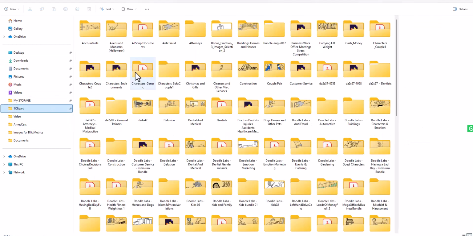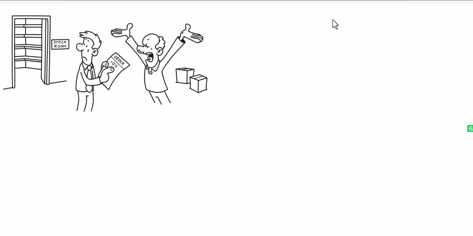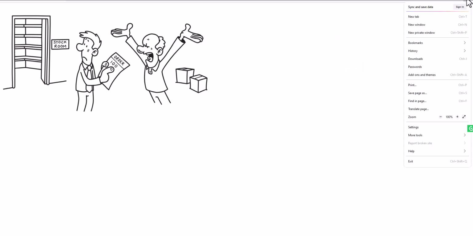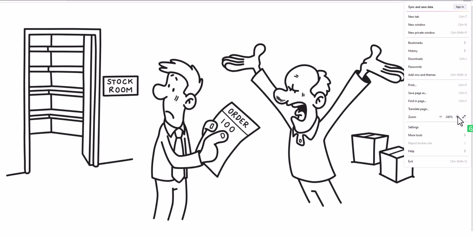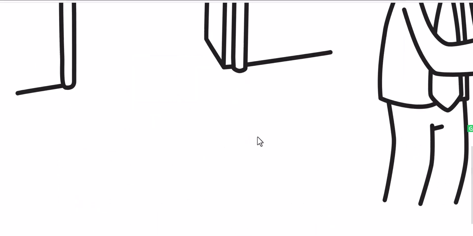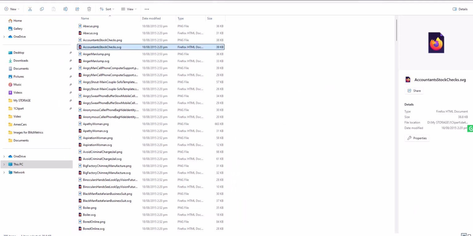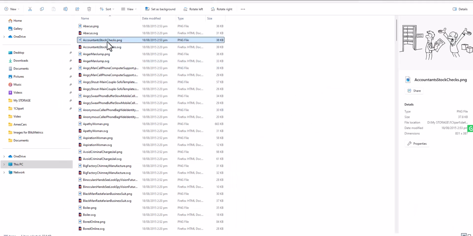For example, I have lots and lots of SVG images here. This is an accountant. And what are we going to do? We are going to zoom it in, and you will see it's now 500%, but there's no difference in the fineness or the clarity of these lines. But if we take a PNG version of the same image,